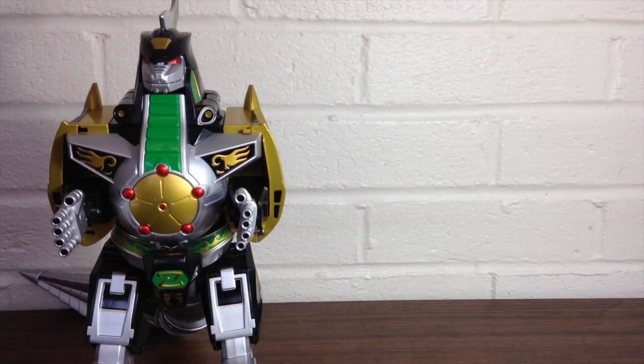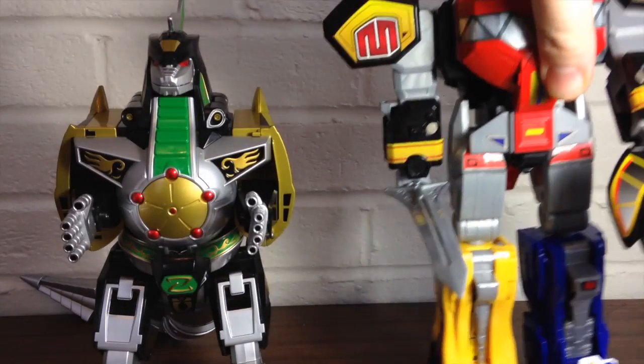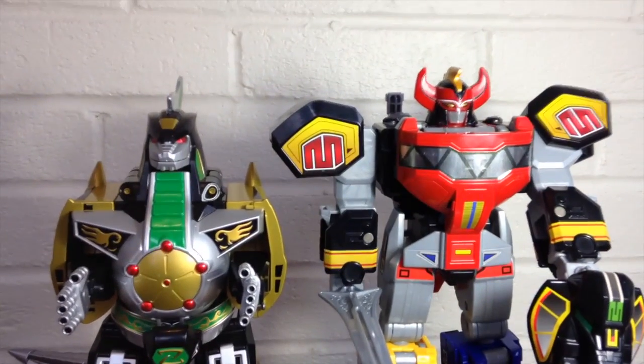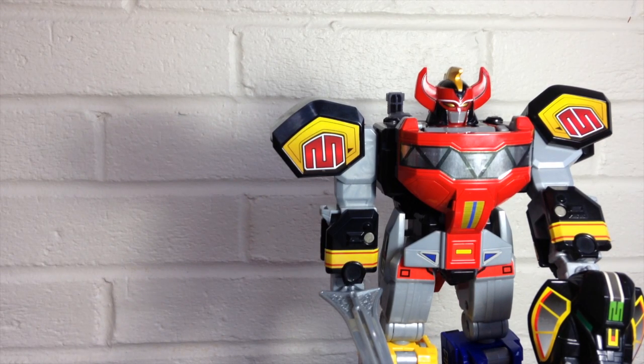One thing that I was kind of upset about with the original Dragonzord was that, at least in toy form, he was pretty short compared to the original Megazord. But with the 2010 release of the Megazord and with the Legacy Megazord, which is a repaint of the 2010 one, he is just about the exact same height, which makes me really happy. He's a little bit shorter, but if we actually try to...